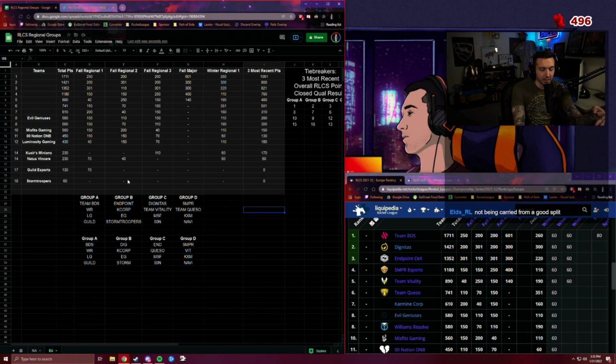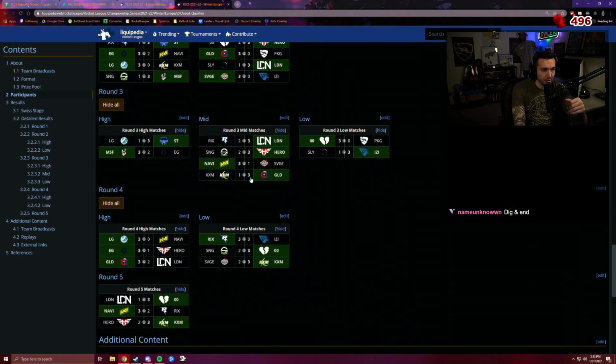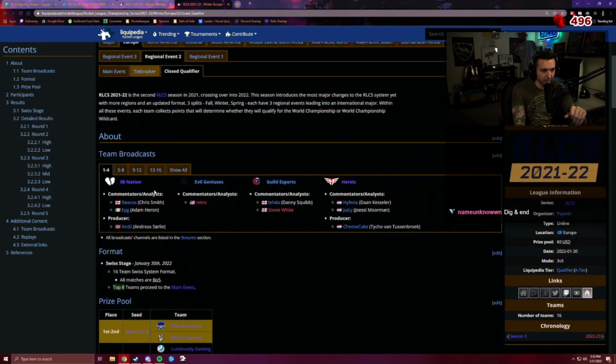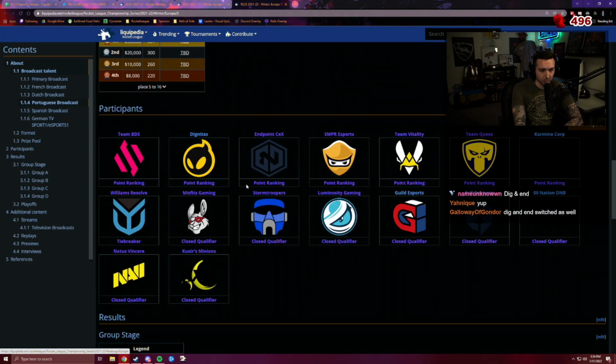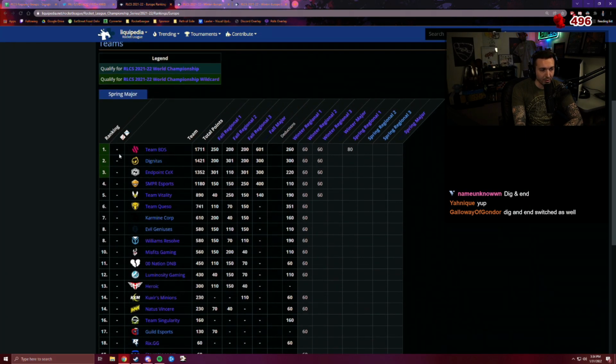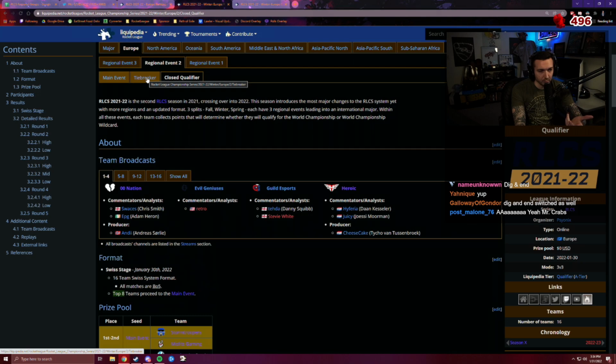So what I'm talking about, see if I can explain this better for those that don't understand, is if you go through here and you go to the main event, 8 teams are automatically given a spot into the regional, right? They're all done through point ranking, and point ranking is determined by your overall points, 1 through 8 here, right? These 2 are tied, so they had them do a tiebreaker. That's just what I'm going to use because it's relevant. So Williams Resolve gets the nod instead.